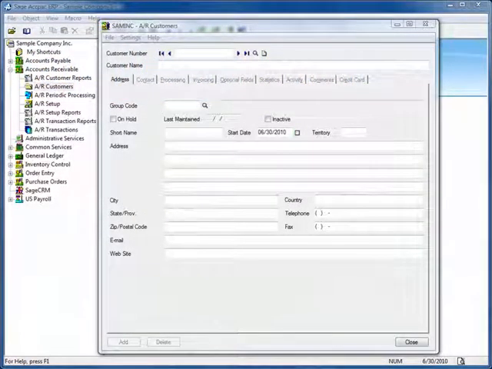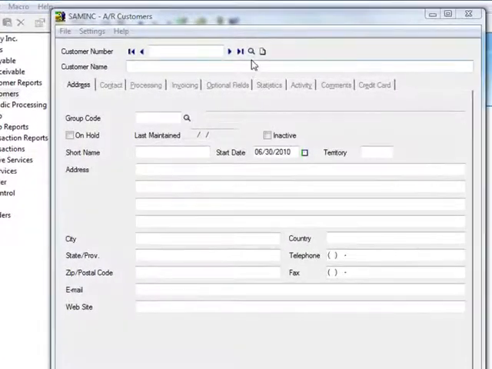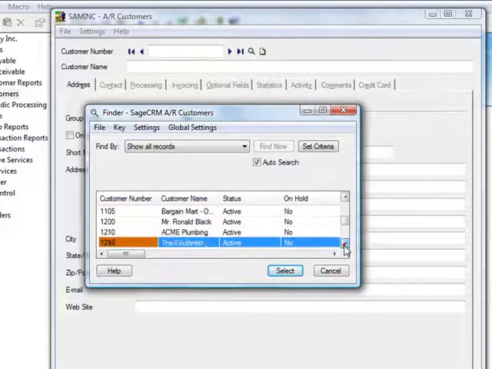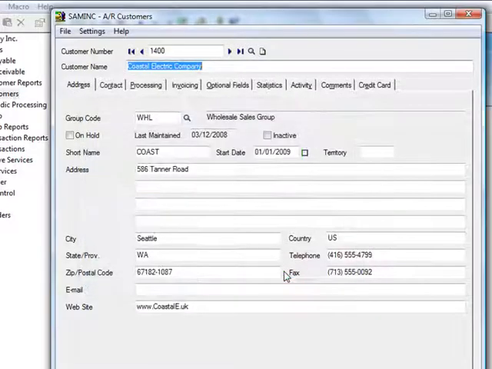and get started. We'll use the AR customer form as our example, and specifically the customer number field. To look up a customer, we'll click the Finder icon. Alternatively, you can hit the F5 key. The default setting shows all customers in our database. You can scroll through the list and either double-click on a line or hit the Select button to choose a